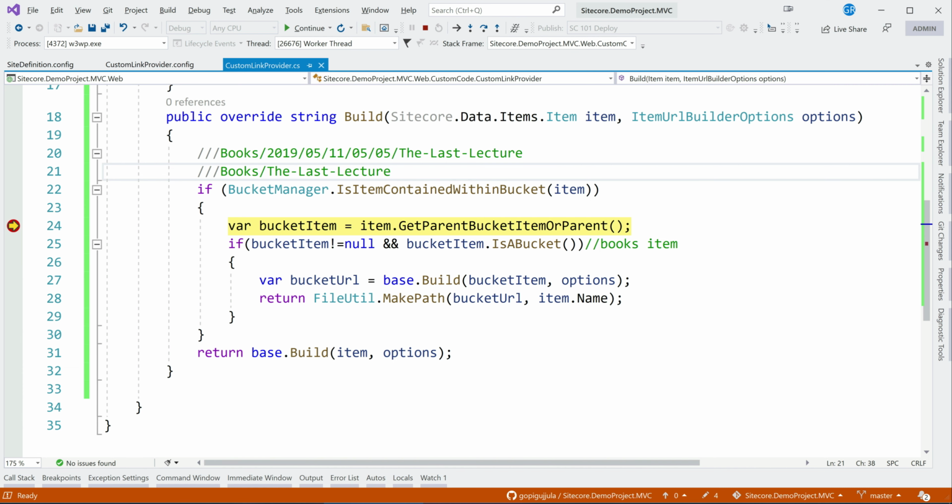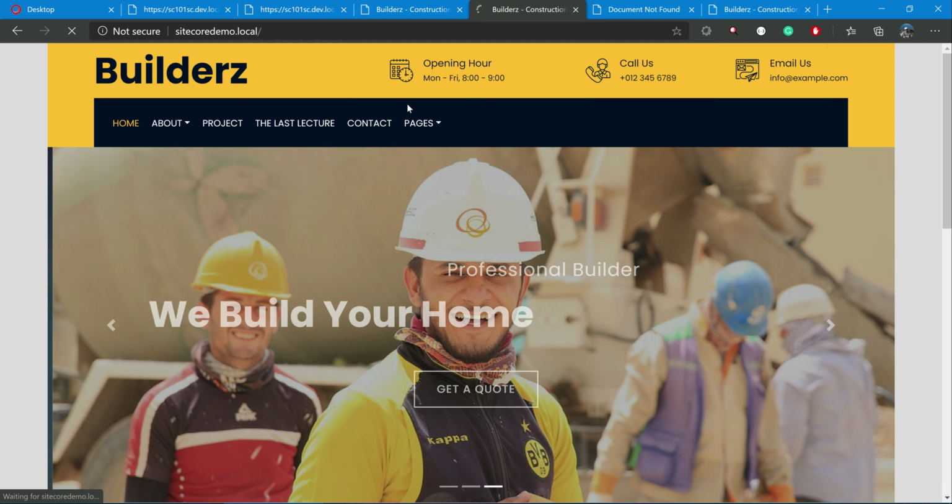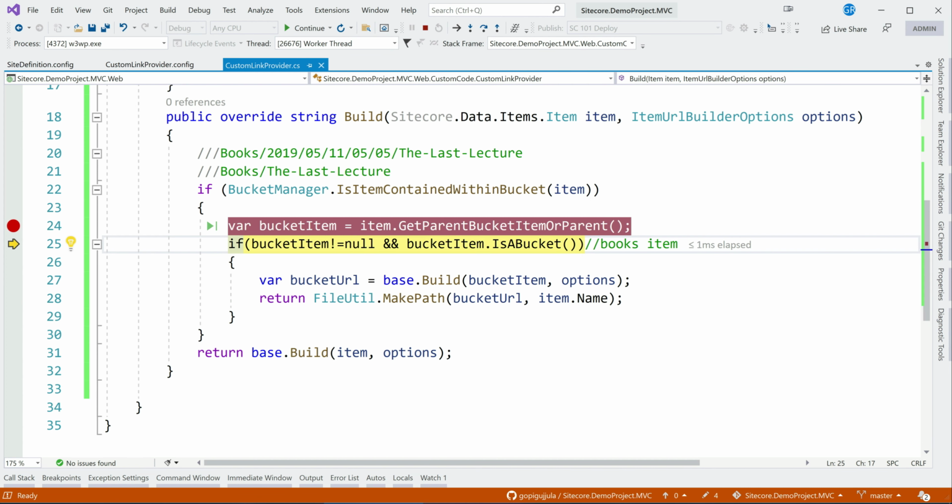So it is coming inside, and it is a bucket item. So let's just go to the get bucket parent item. So you are getting the bucket item. The bucket item is books. See, notice that this is the books. That means in between all the items, we didn't want these items. Now is bucket is true, all these things.